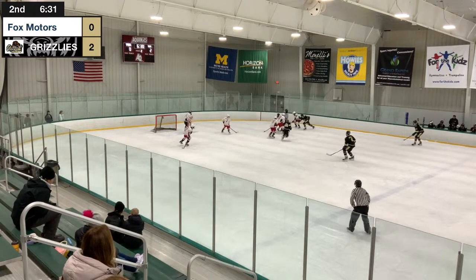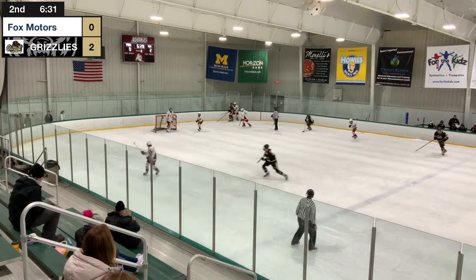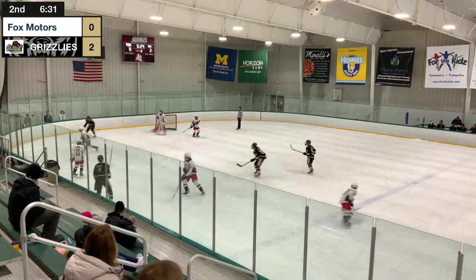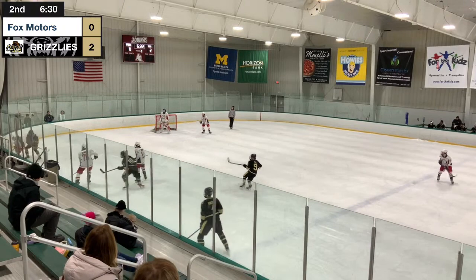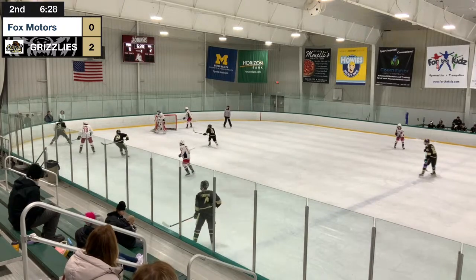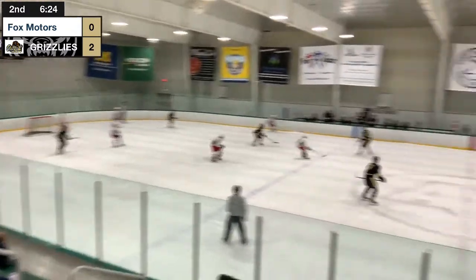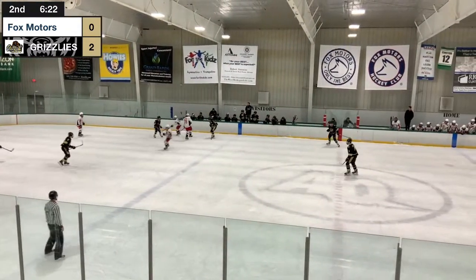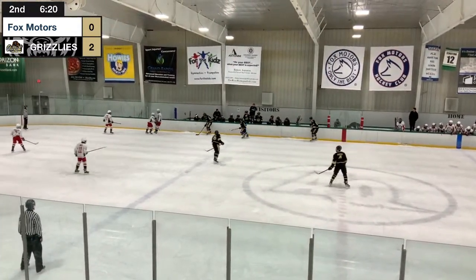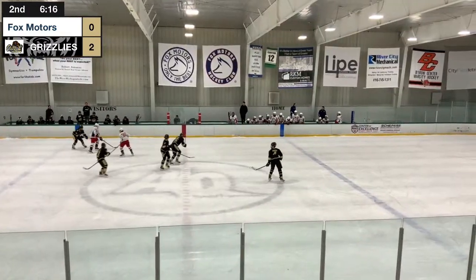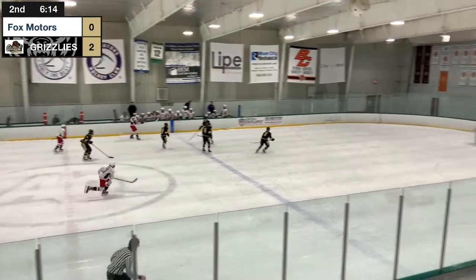Nathan and take the face off. It's deflected to the corner. Fox rims it around. Dvorsky reads that, pinches in. Puck's still there. Gilly battles in the corner. Fox gets it out, turned it over. Jack pops it in the air. Bouncing puck, Fox can't get it out. Third effort they do, they get across center ice. Dump it.